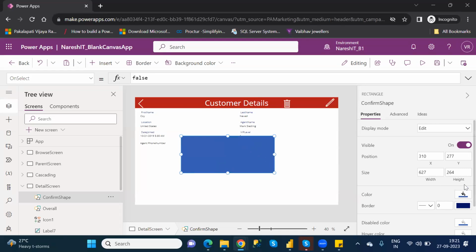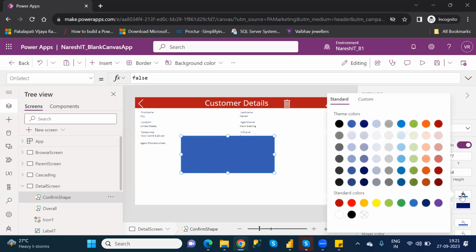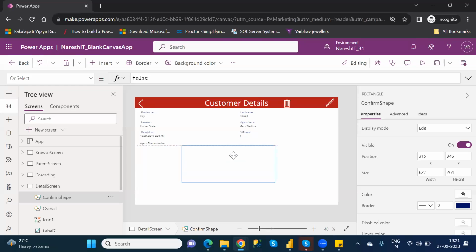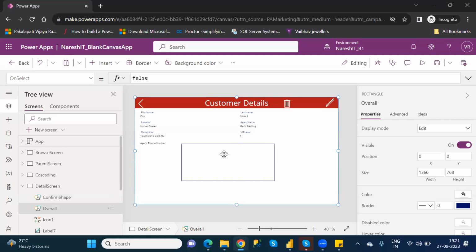In this one, I need to change the color to white, like this, and put the border, for example, I'm giving 2 here. Now, see here, it looks like this.